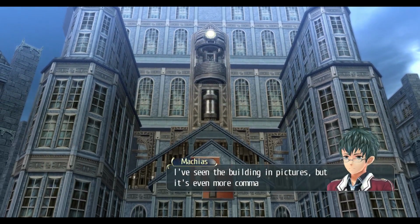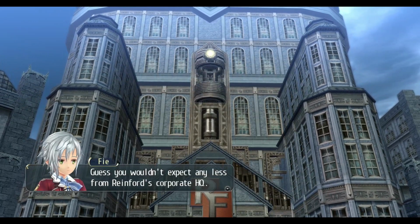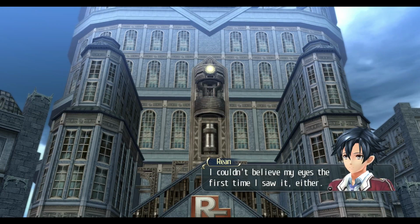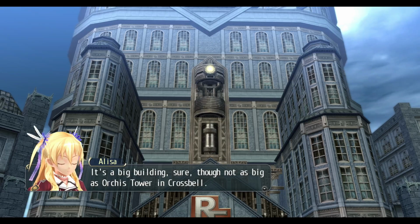Whoa, I've seen the building in pictures, but it's even more commanding in person. Guess you wouldn't expect any less from the Reinford Company corporate HQ. I couldn't believe my eyes the first time I saw it either. It's a big building, sure. Though not as big as...